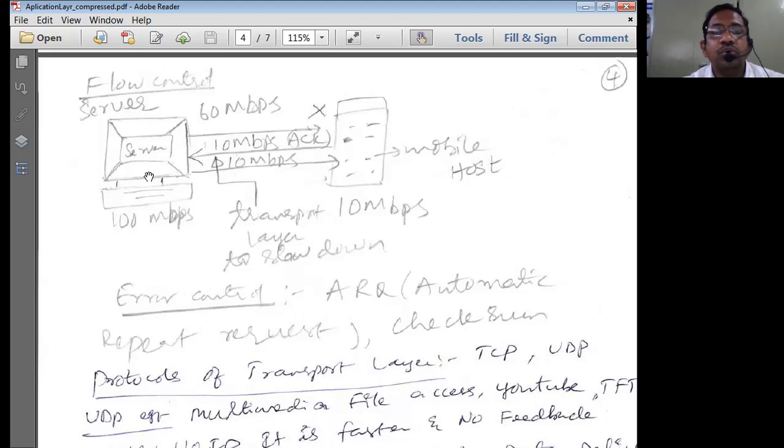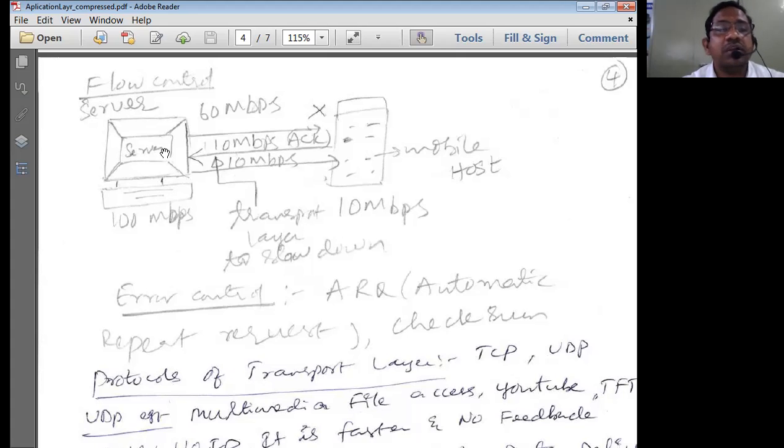That means the server can send its data at 100 Mbps, but the host cannot receive data at that speed. If the server wants to transmit data to the mobile host, it has to transfer only at this speed, because the client speed is very low. This is called flow control.